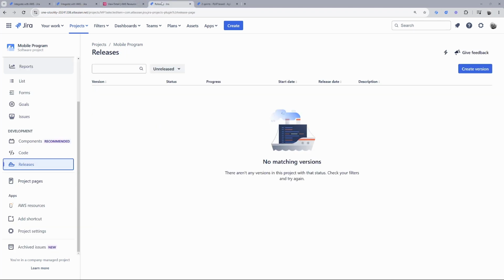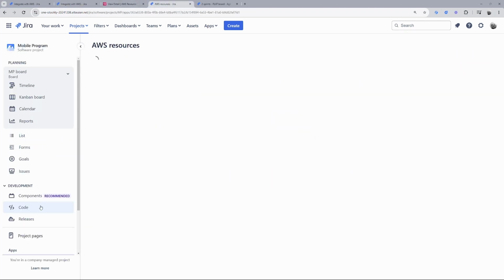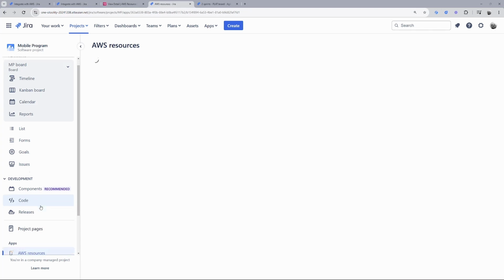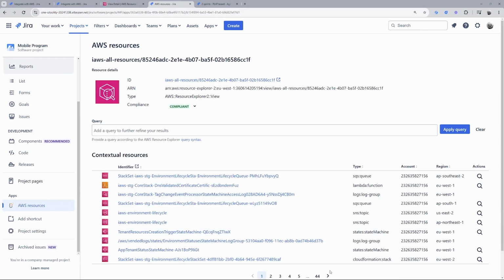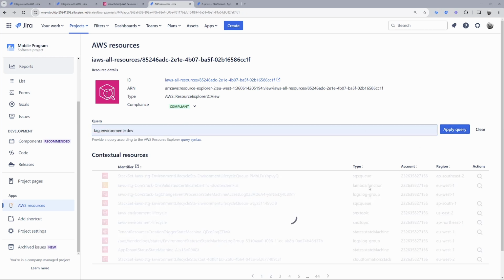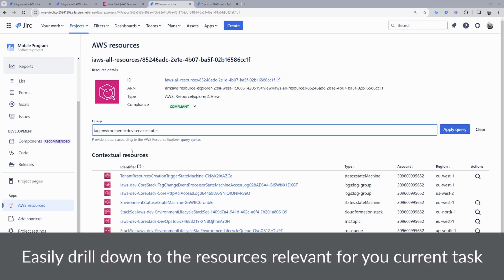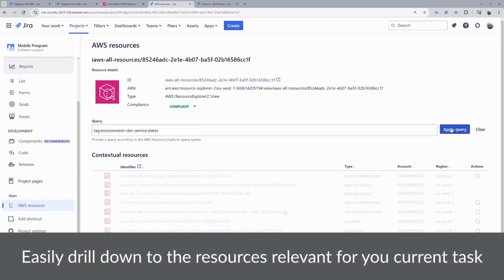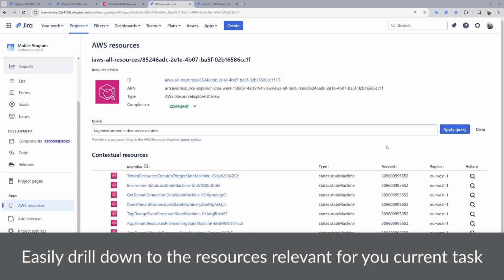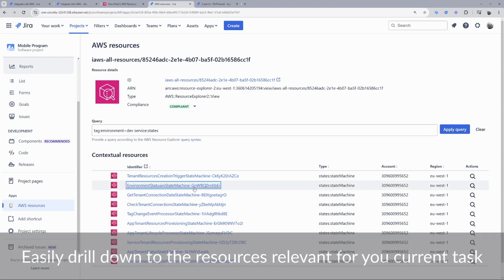Once connected, you can now view these resources in your project sidebar right along through your workflows. As you can see, we have about 440 resources across the three environments for this app, and that's a bit too many to work with, so I'm going to limit that to our development environment. Now that's better, but still too many, and actually I only want to use the Step Functions state machines, so I can further filter that down. That's better. Now I have only 10, and I wanted to look at this particular state machine here.